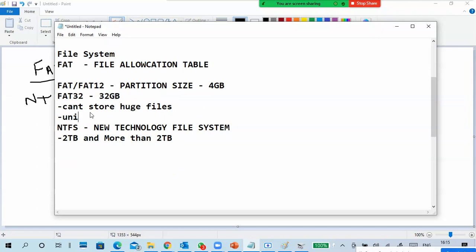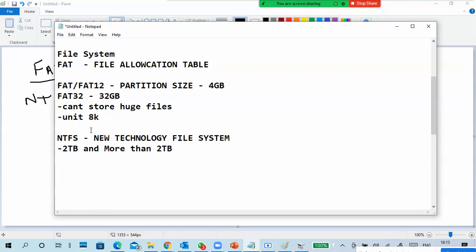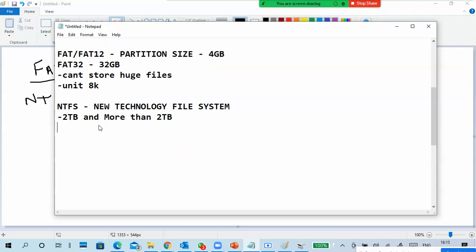Don't go into the unit size now; later you can verify that, otherwise I have to tell the entire story. This unit, or cluster size, is 4K. It means it will take small space. Because of 4K you can put more data, and because of 8K you can't put more data in it. So this is about NTFS and FAT, but NTFS has certain features.